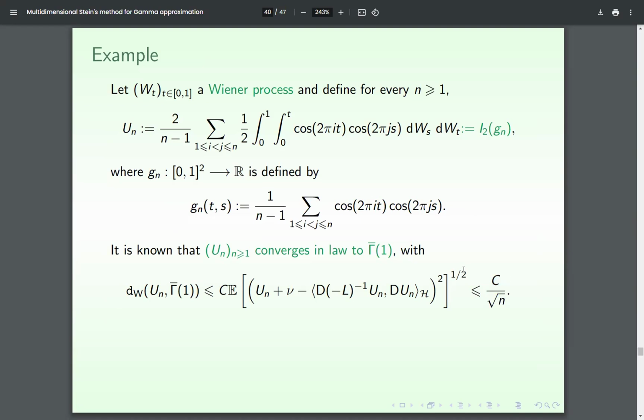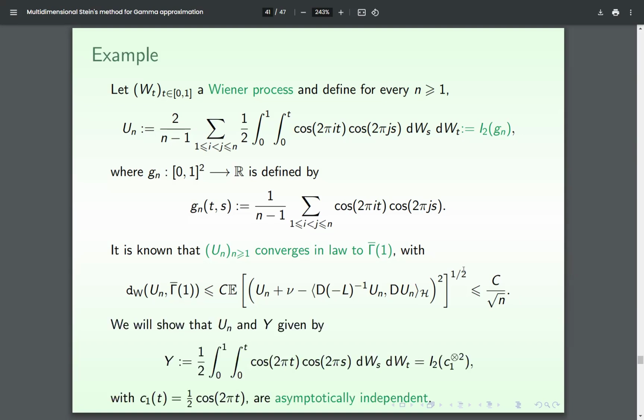Okay, and in fact, in this example, we will prove that Un and a random variable Y, which could be interpreted as a second Wiener chaos element, a second multiple integral with a certain function C1 over there, will be asymptotically independent. And in fact, Y is involved in Un, because if we compare Un and Y, in Un, if you take i equals j equals 1, in fact, we get Y. And we will show that when n is very high, there are a lot of terms involved in Un. And in fact, when n is very, very big, Un and Y will be independent